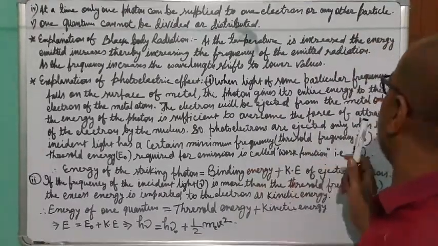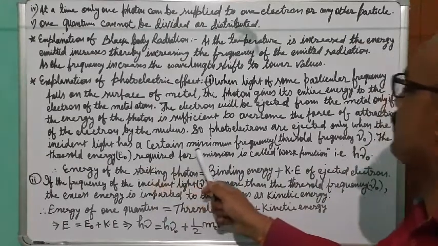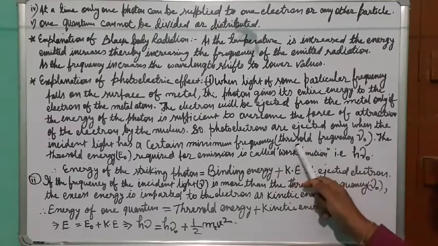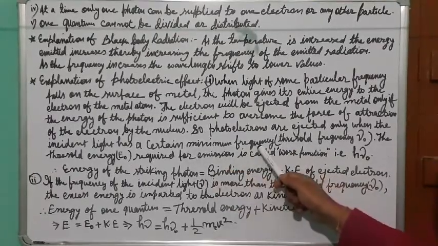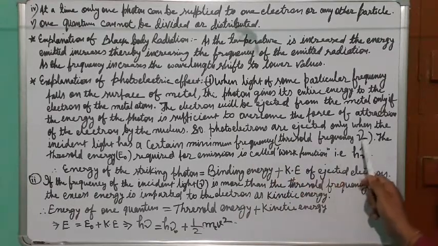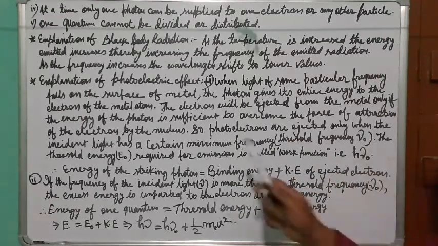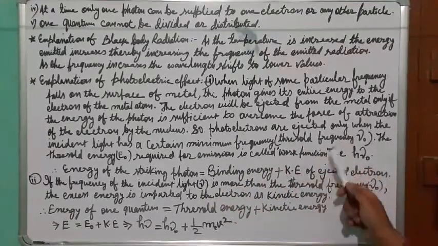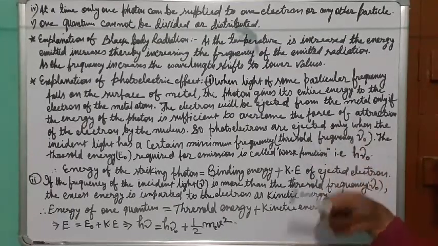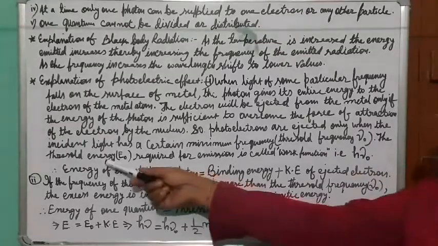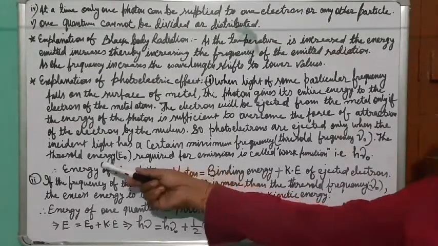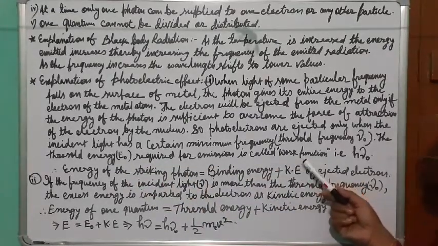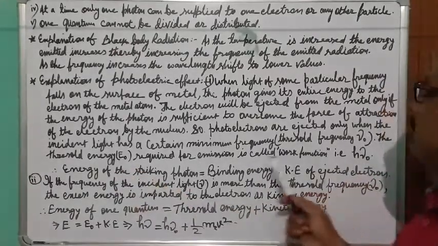Okay, so photoelectrons are ejected only when the incident light has a certain minimum frequency, which is called the threshold frequency. That means energy having this minimum frequency should be supplied. The threshold frequency symbol is nu naught. So the threshold energy and this threshold frequency have another name. That is work frequency, and the threshold energy, the minimum amount of energy, which is also the binding energy, is called work function. So remember this terminology: whether it is threshold energy or work function, both are the same thing.